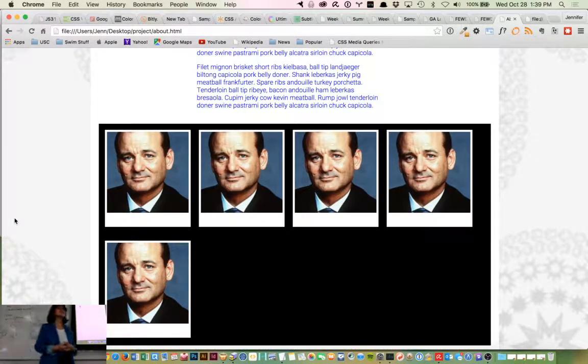Yes? Is there a way to center those photos so that it's not all shifted to like the left? Oh yeah. Because each of these are a separate div, you'd probably have to do the math to see how wide. There's not a super simple way around it, unfortunately. Yes. Could you throw them all into a bigger container though and then center them in the container? You could. So I could do something like,